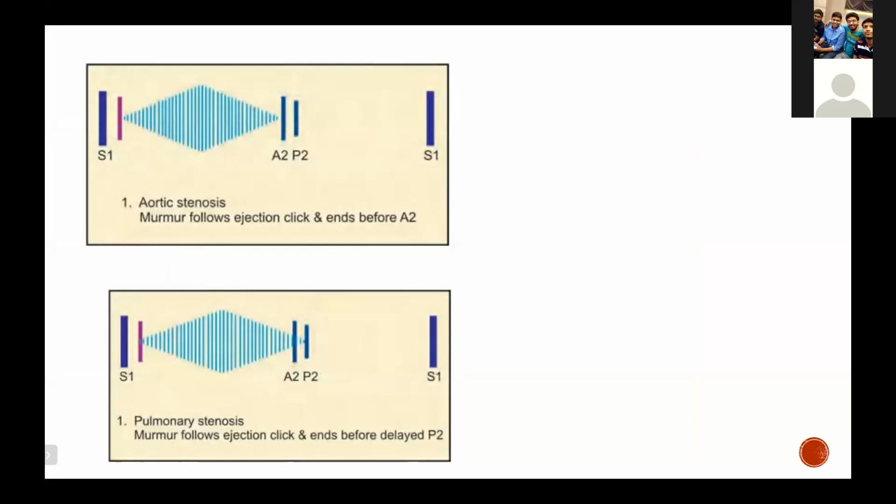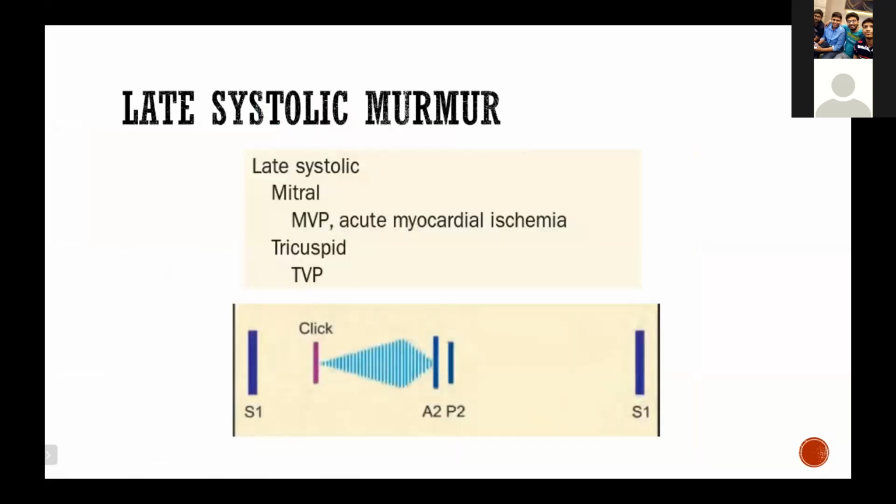So as I said, mid-systolic murmurs are those murmurs which begin after S1. You have a clear interval afterward, usually a crescendo-decrescendo configuration or shape of a murmur, and it ends at S2. Then coming to